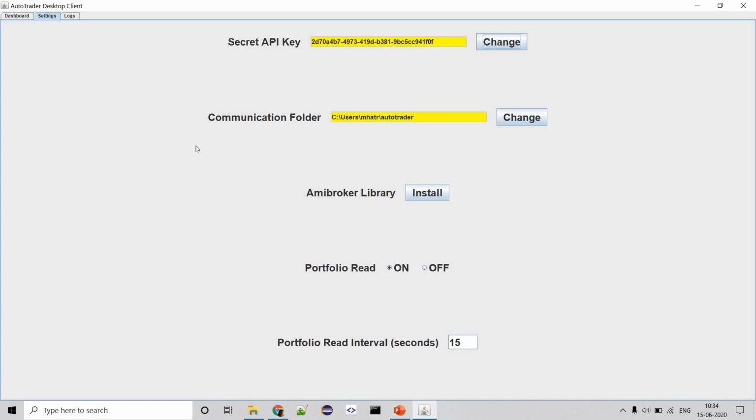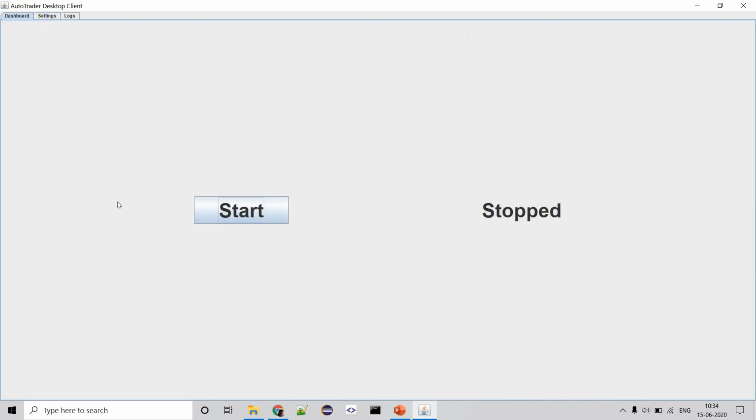How this is used is something I'll tell you quickly. You just have to click start and it will keep on monitoring those files that I explained earlier. And when your strategies or your Excel tools send orders, this tool will pick them up and make the necessary HTTP calls to execute those requests. This is something that I will demonstrate in upcoming videos when I show you how to trade from Excel or how to trade from AmiBroker. And in those videos, we're going to see this particular desktop client in action. For now, I just want to keep it short.